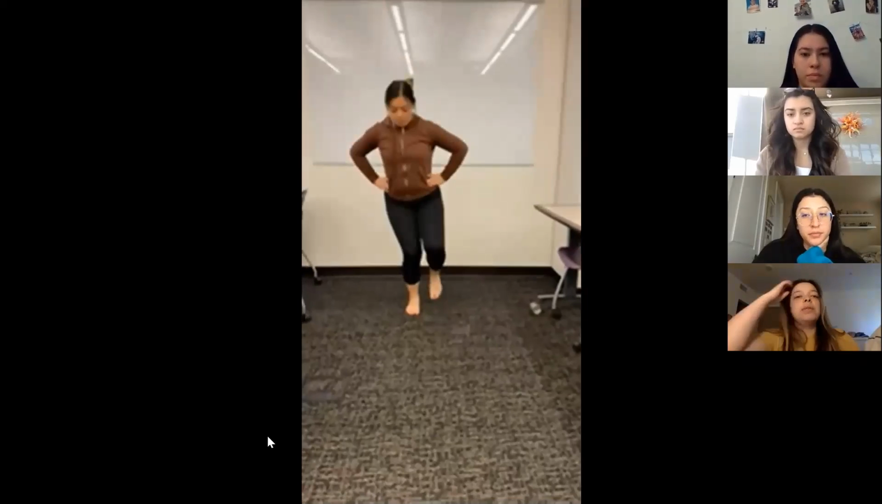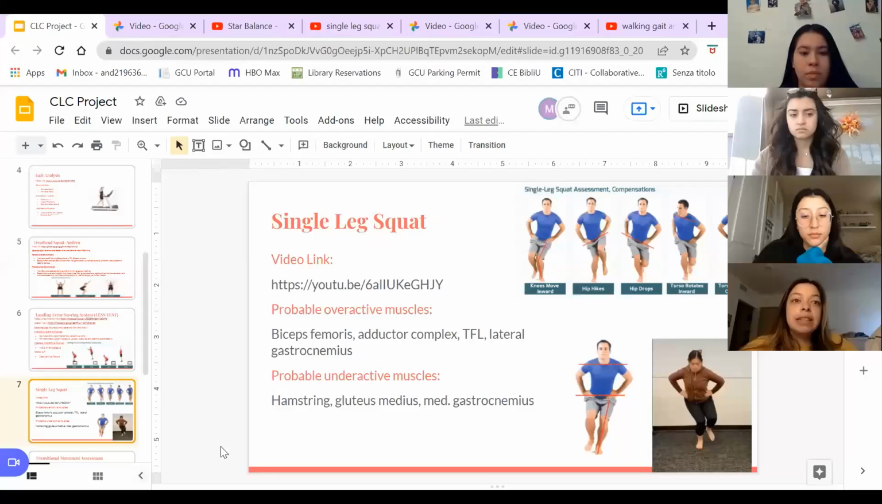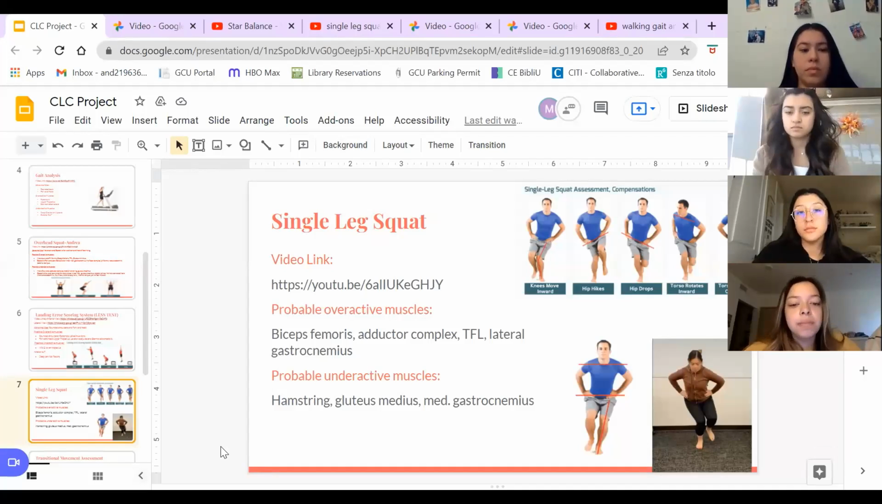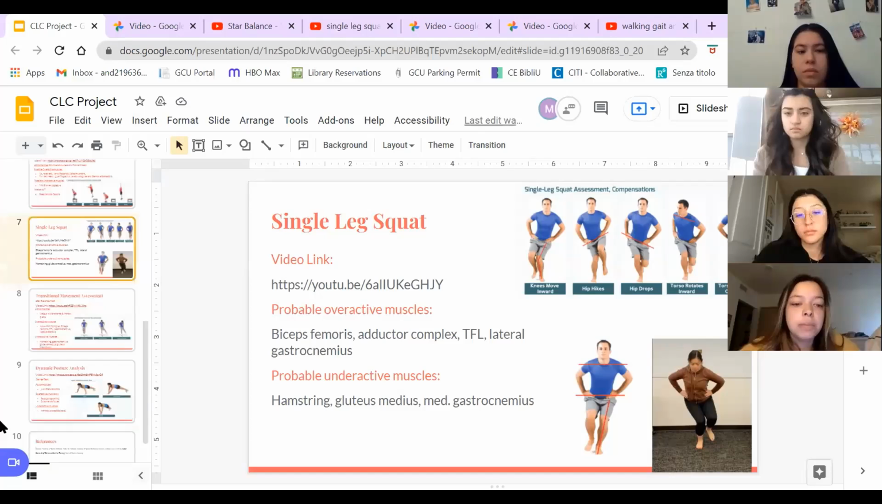Some abnormalities or compensations, like I mentioned before, are that the knee moves inward, also known as valgus, with the hip hikes or hip drops, and also looking at whether the torso rotates inwards or outwards. So referring back to the video, since you did see the knee moving inwards with the valgus and the torso moving inward, it shows some probable overactive muscles within the biceps femoris, the adductor complex, the TFL, the lateral gastrocnemius, and then some probable underactive muscles within the hamstring, the gluteus medius,